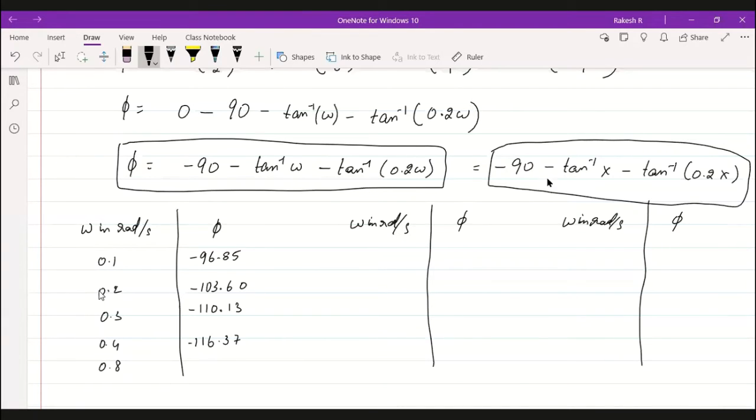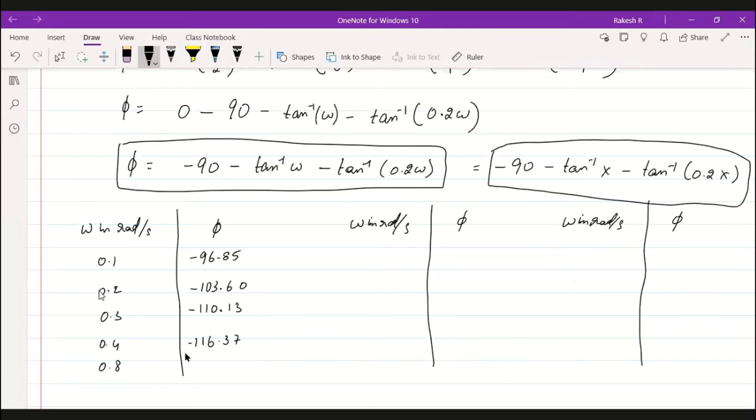No, 90 is in degrees only, but at the end you will be getting omega in terms of radians per second. First type this in your calculator. Just press calculate. You will be getting the answer directly. How much did you get for 0.8? Sir, then 90 must be in terms of pi by 2, no, sir. No, we are doing it in terms of degrees only. Yeah, the omega value is in terms of radians per second, but at the end, the angle is in degrees. The angle is in minus degrees here.